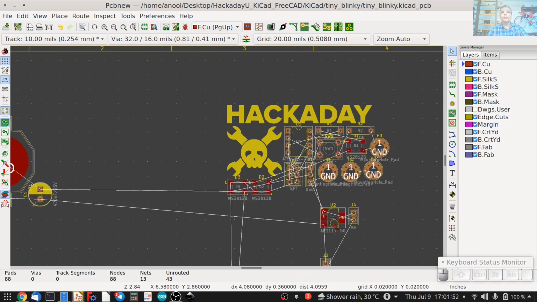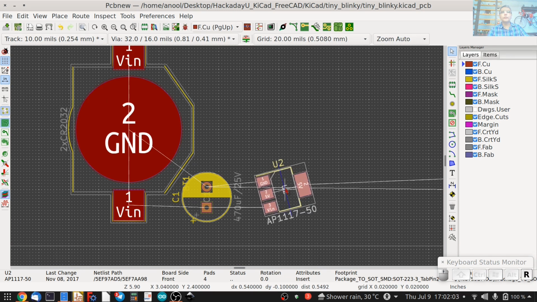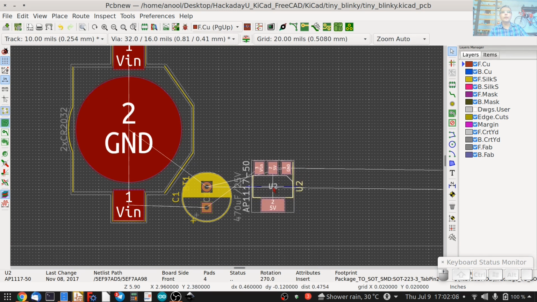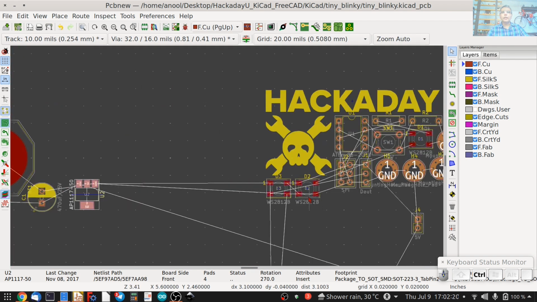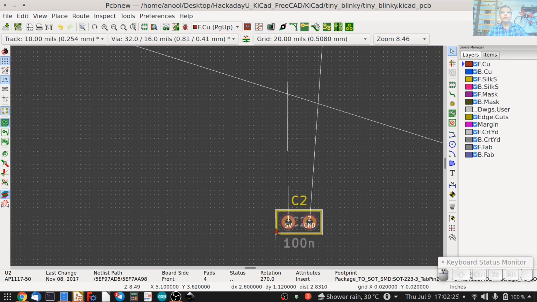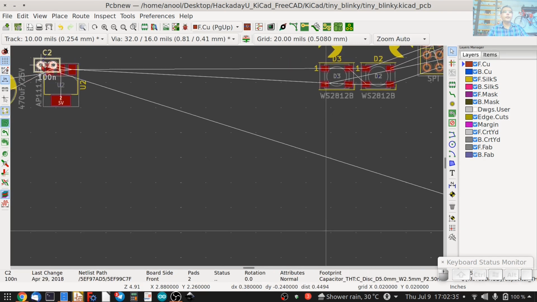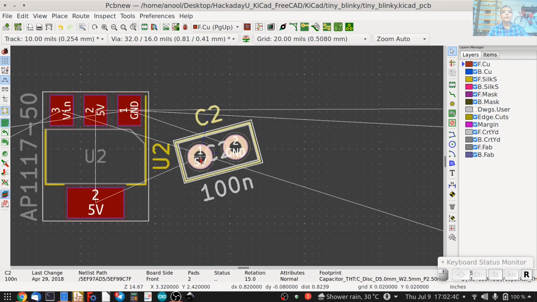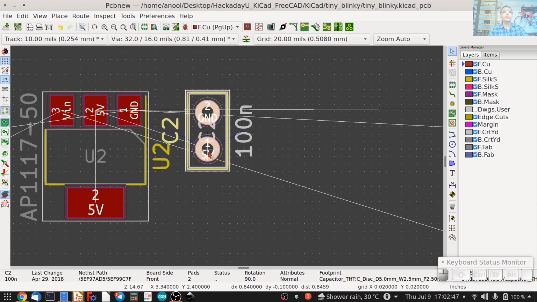Then we have the LDO, which is U2 over here. Click on it once, M for move, bring it around somewhere over here. Probably I want to rotate this 270 degrees like so. Place it somewhere over here so we have some space to add a small copper pour around it for heat sinking. And then we can add the capacitor. You can even do search for it, or Control F. Click on C2 once, move it, and place it once again. Probably rotate it 90 degrees and place it somewhere over here.